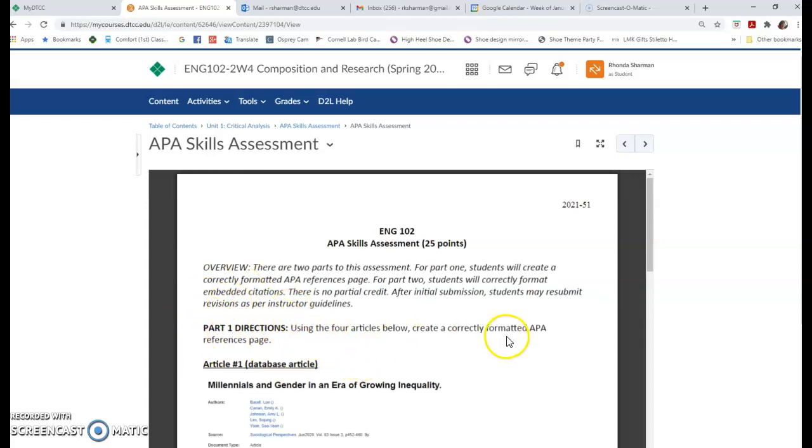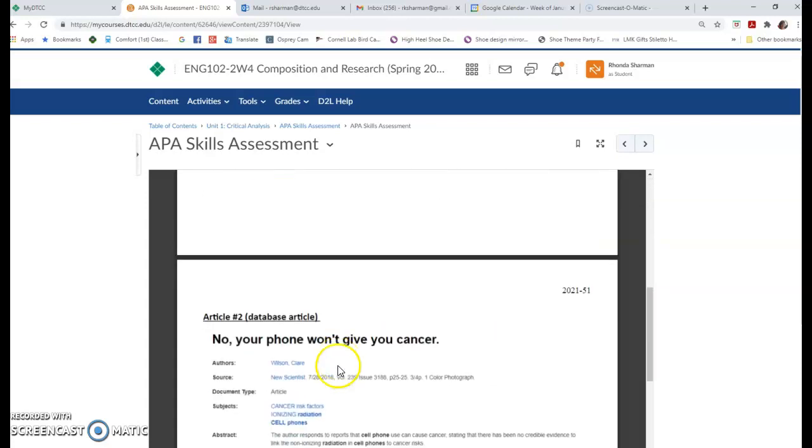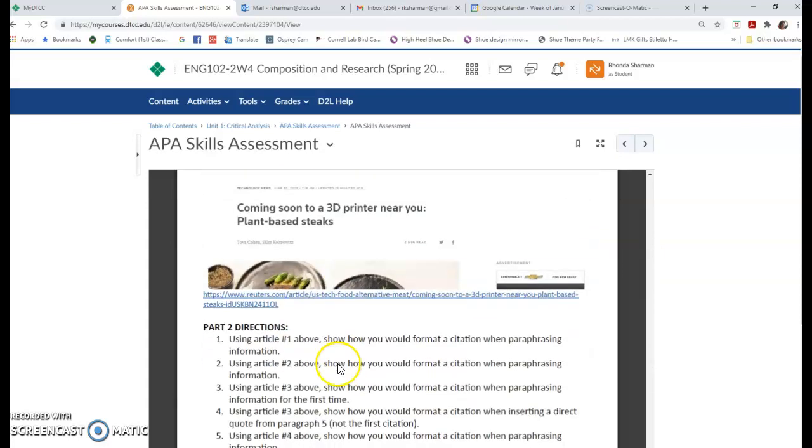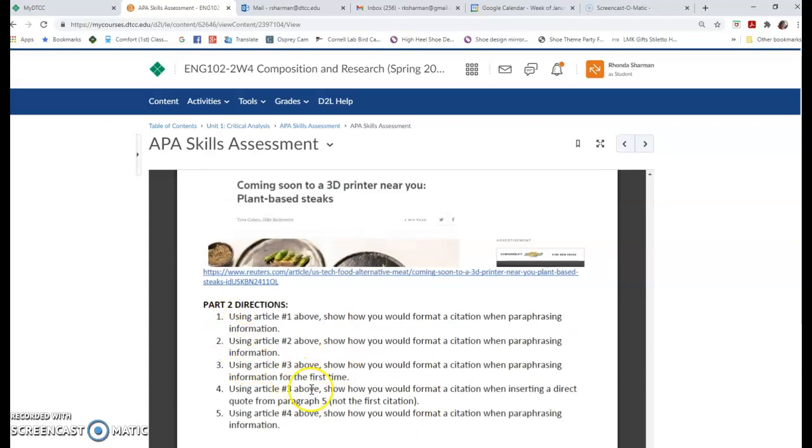Part 1 is creating a correctly formatted APA references page using the 4 sources. Part 2 is writing embedded citations if you were referring to information from those various sources.